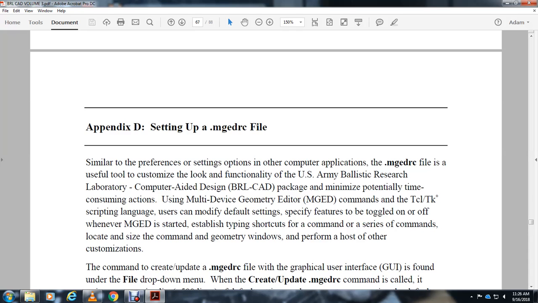Simple as the performance setting of the optical computer application, the MGDRC file is a useful tool to customize the function of the U.S. Army Ballistic Research Laboratory computer aided design package, minimizing potential time, using multi-device geometry editor commands with the TCL/TK script language with modified default settings of the